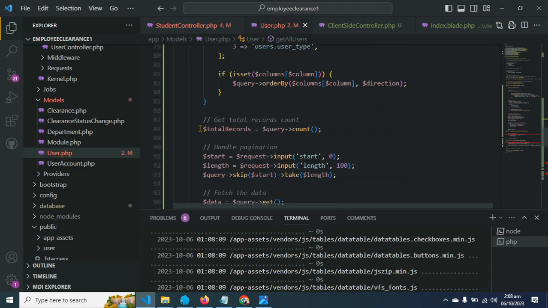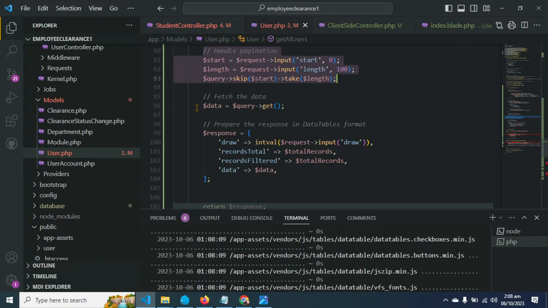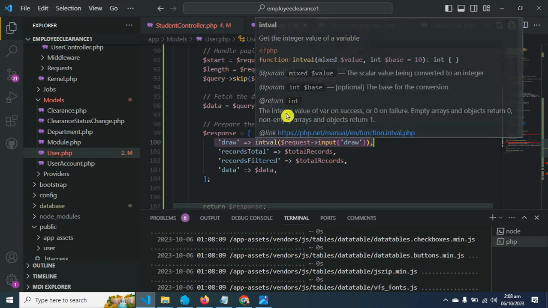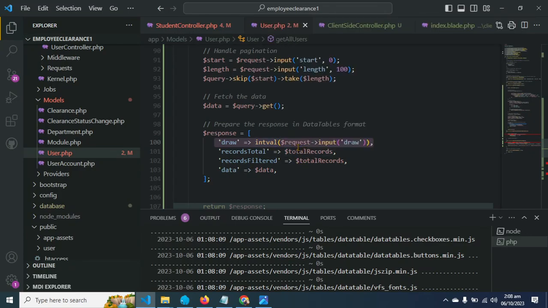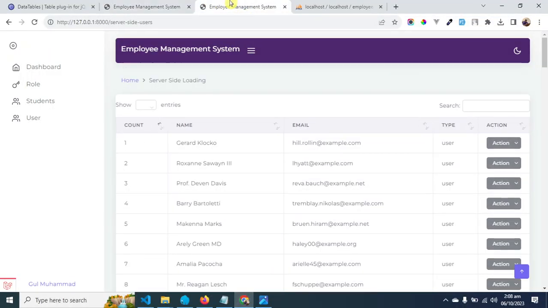Next, what we have done, we got all the records here. It's count. We are handling the pagination here, and at last we get the query and pass the response back to the front end. Here you can see this is our draw input from the front end. What does this do? Basically, when a request comes from the front end, I will show you the server side first